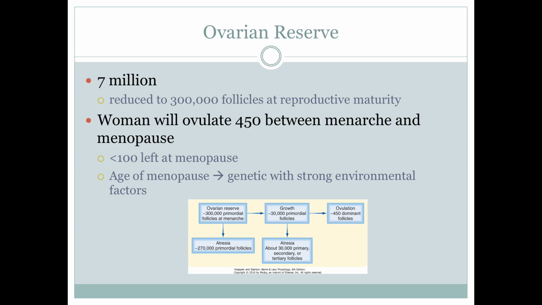The older people get, the less follicles there will be that start developing together at the beginning of every follicular cycle. So between the onset of menses, which is called menarche, women ovulate about 450 follicles with eggs inside of them. Menopause literally means the pausing of menses. So menses just stops. There's less than 100 left.